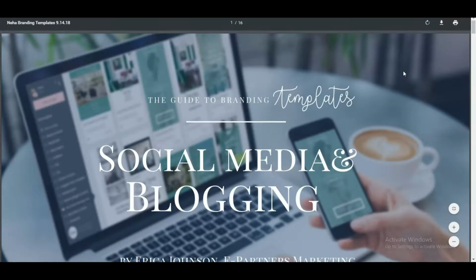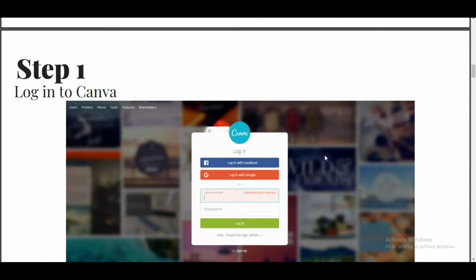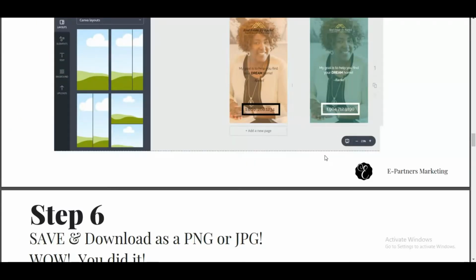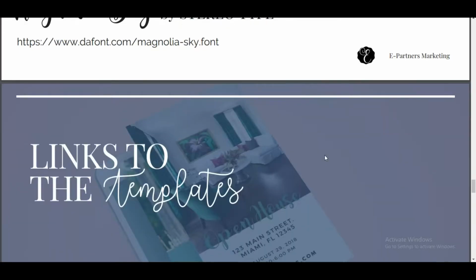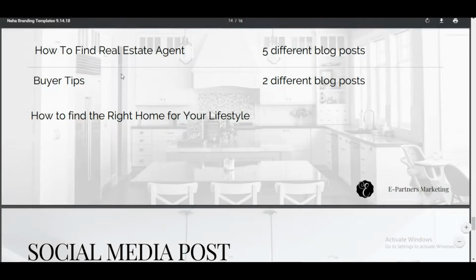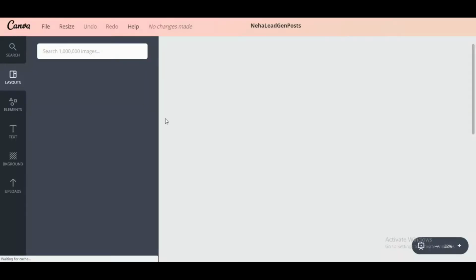You also receive a PDF guide with links to your specific templates. These templates have your brand name, okay, so you do not have to change the name. You can literally click on the template and edit away. Now, to save time, so that you do not have to use the PDF every single time you want to access your templates,